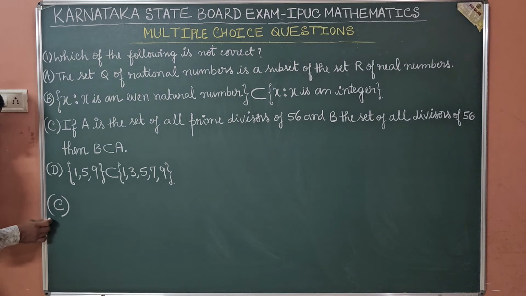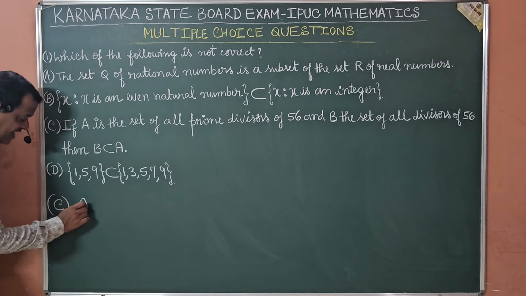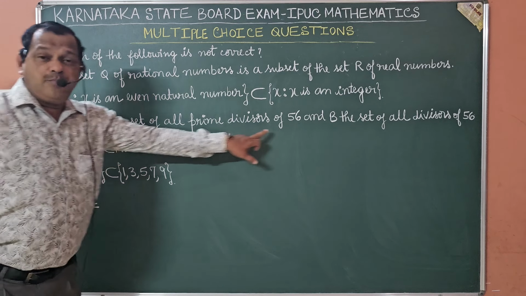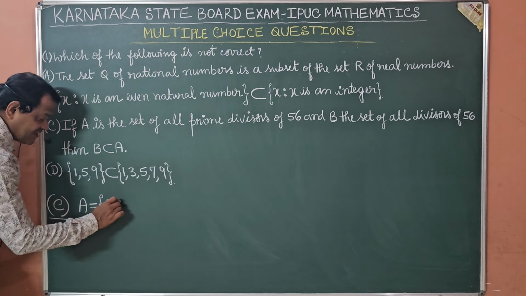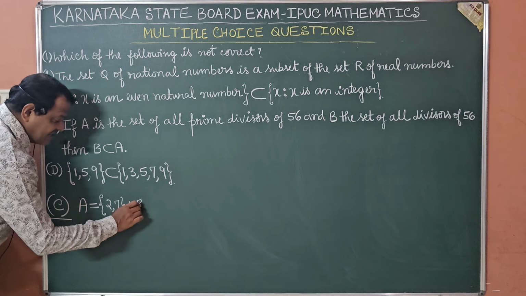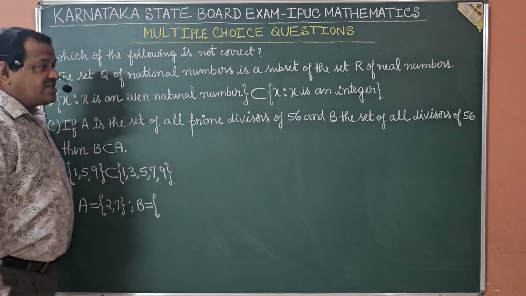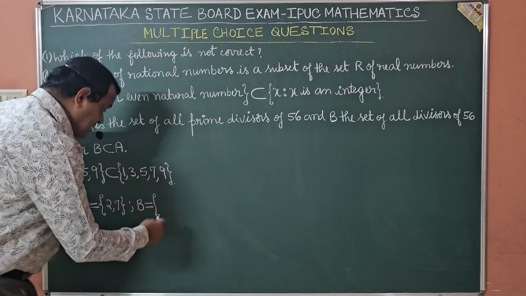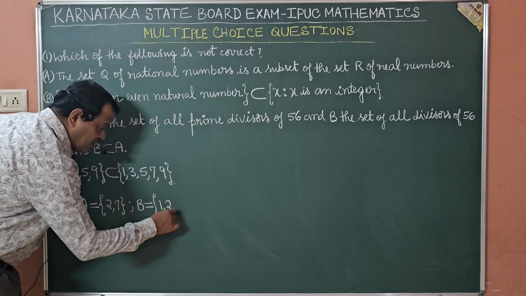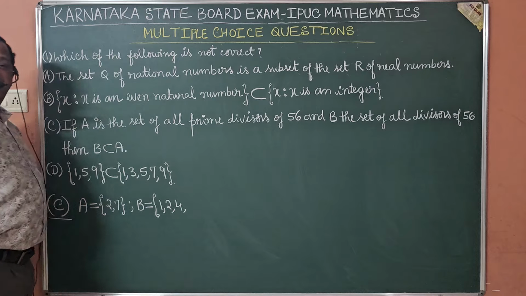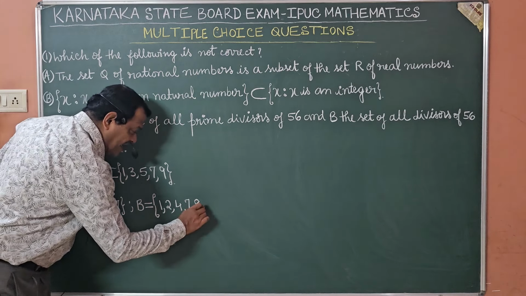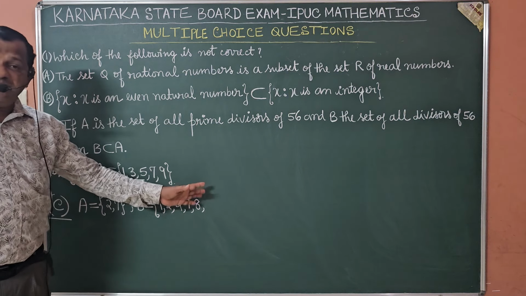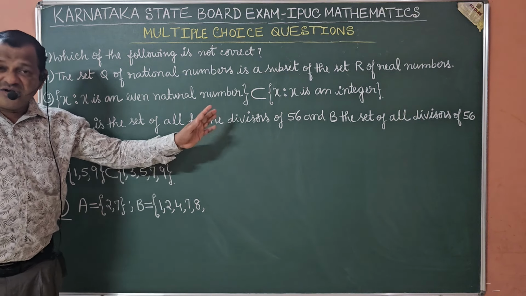in fact, option C is not correct. Because in C, set A is the set of all prime divisors of 56, and the prime divisors of 56 are 2 and 7, and set B is the set of all divisors of 56. If I start from 1, 2 divides, then 4 divides, 5 does not divide, 6 doesn't divide, 7 divides, as well as 8 divides, 9 doesn't divide, 10 doesn't divide, 11, 12, 13 not possible,